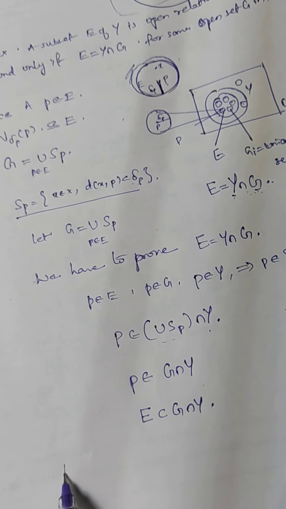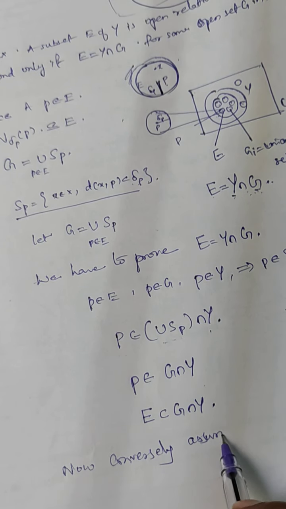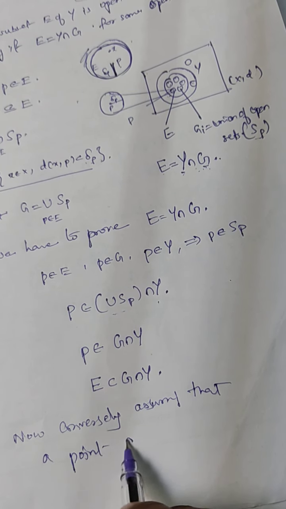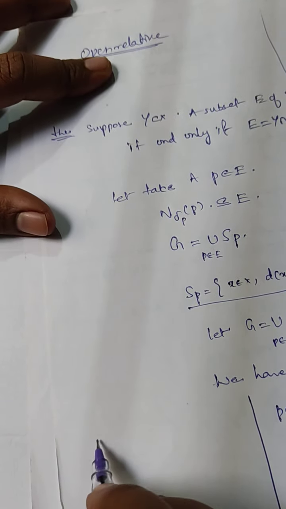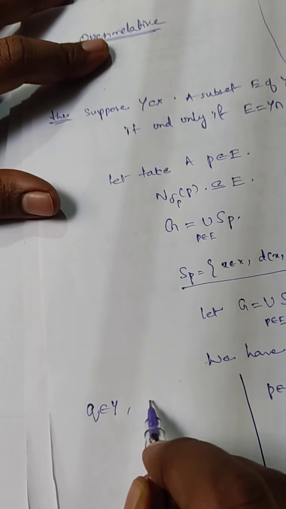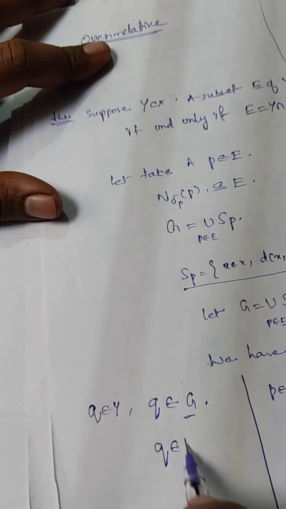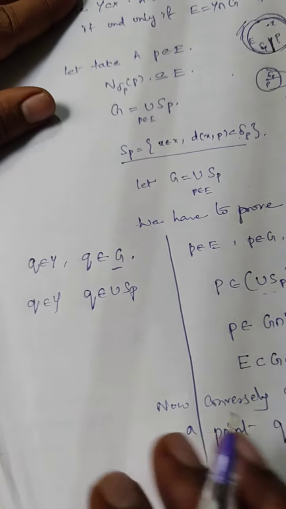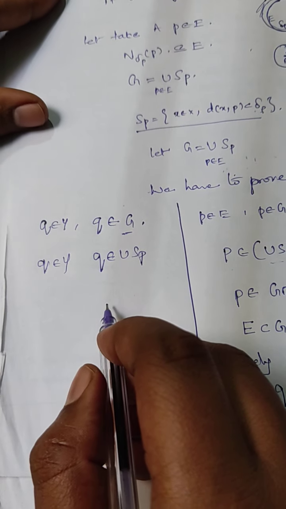Now conversely, we are assuming that a point Q belongs to Y intersection G. So from that we can conclude, I'm writing over here, Q belongs to Y and Q belongs to G. But we know that G can be written as the union of N_P's. Here we have Q belongs to Y, since G is equal to the union of N_P's. Now from there we can write